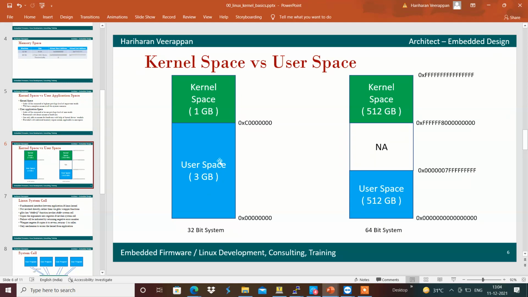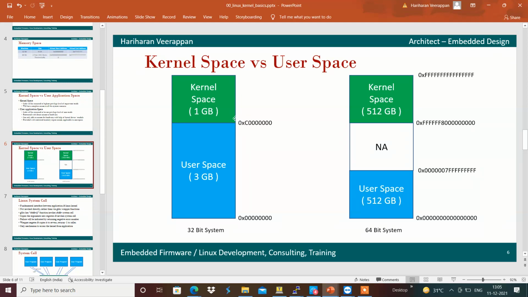Within this space memory will be allocated, for example for the content we are providing to the kernel space for writing into the file. Then this memory cannot be accessed by the kernel space memory. In that case, it has to be copied from the user space memory into the kernel space memory, and then it will be processed accordingly over there.